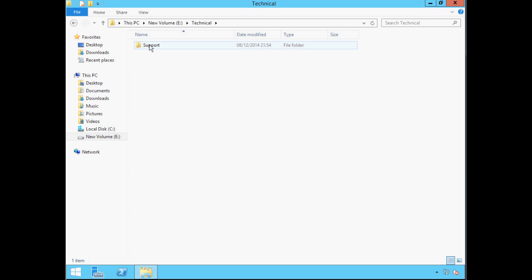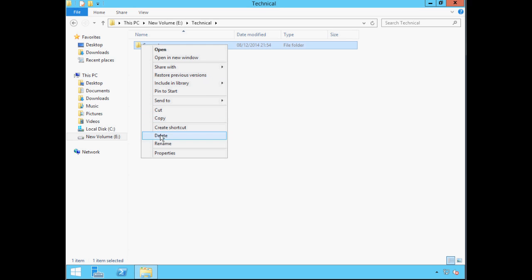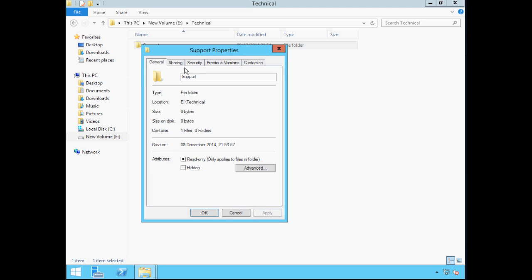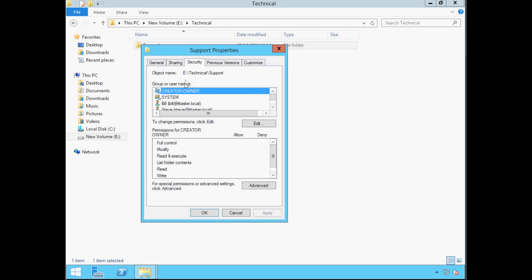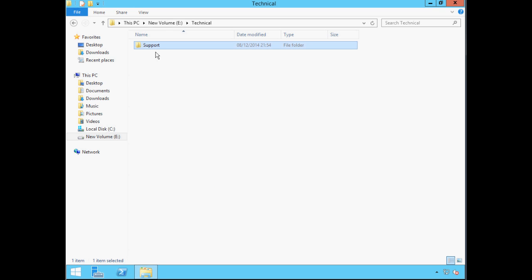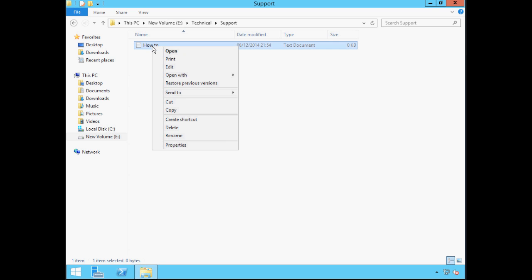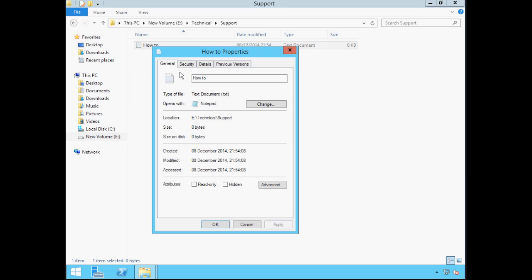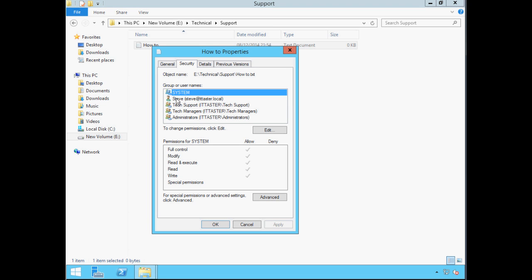If we go to our support folder and view its permissions, we can see that the support folder has inherited the new permission we assigned to the technical folder. Steve has modify permission. And if we go to our how-to file and view its permissions, again we can see the how-to file has inherited the newly assigned permission from the parent folder.